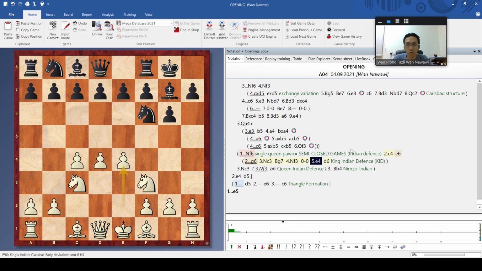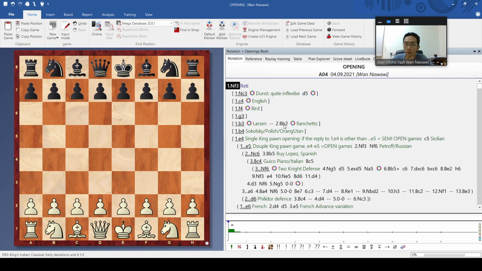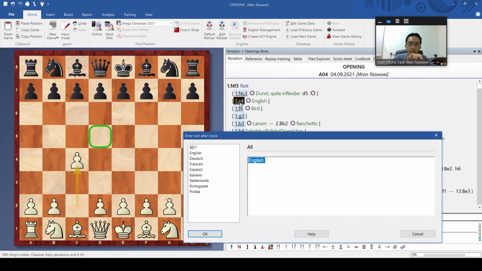So under the semi-closed game, there are many Indian defenses. And any opening that is not E4 or D4, for example if you play C4 like this, is what you call the English. So this is other opening than